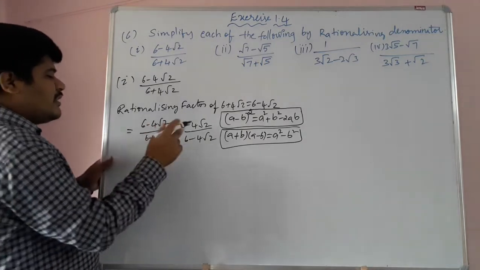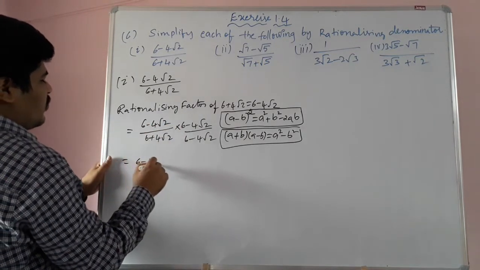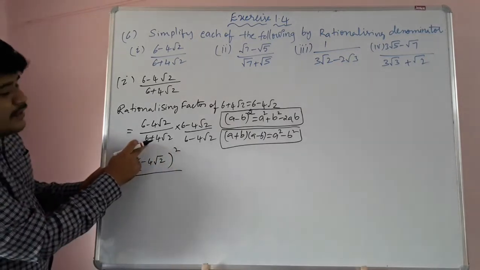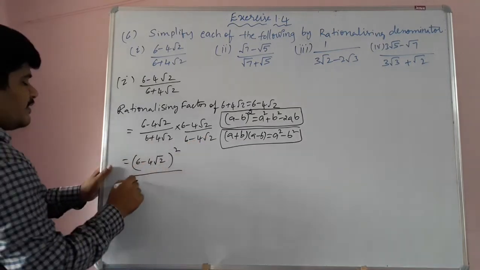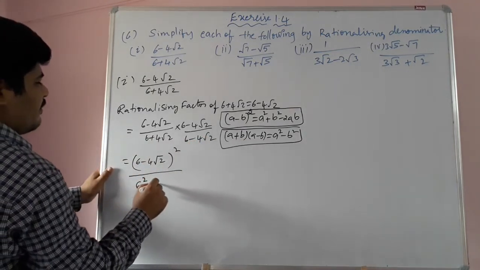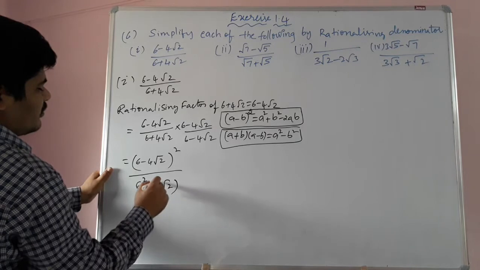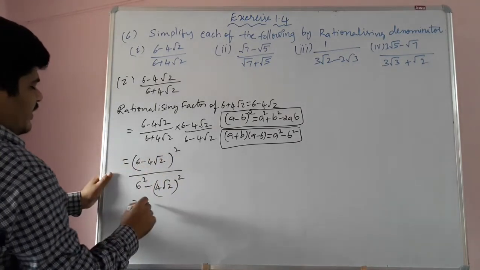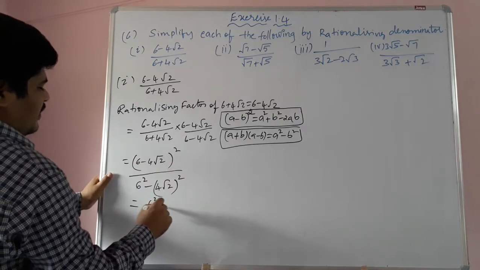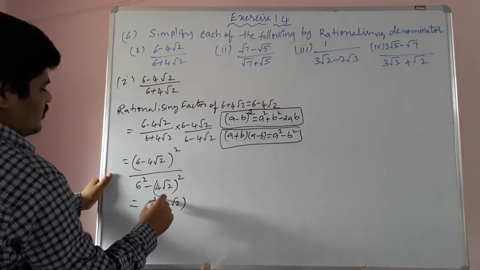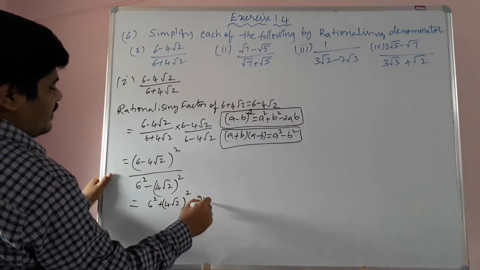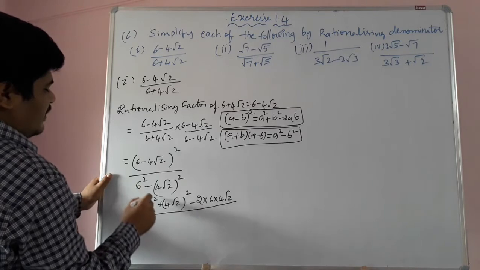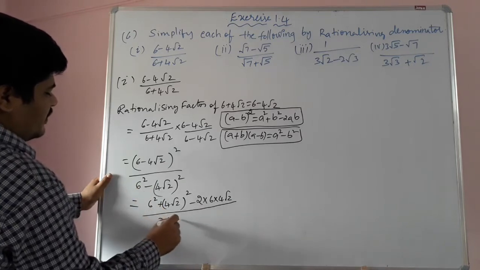Now the numerator is in the form of 6 minus 4 root 2 whole square, by the denominator a plus b into a minus b, right? Means 6 square minus 4 root 2 whole square. So children, the numerator is in the form of a minus b whole square. So a square, that is 6 square, plus b square, that is 4 root 2 whole square, minus 2ab, means minus 2 into 6 into 4 root 2, by the denominator 36 minus,